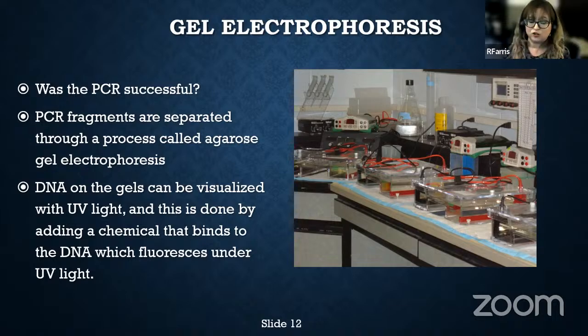So what we need to do is visualize these PCR products by using agarose gel electrophoresis. And so this is a system where we load our PCR fragments onto an agarose gel. It pretty much looks like Jello, but imagine clear Jello with little tiny holes in the Jello so you can load your little product onto the gel.